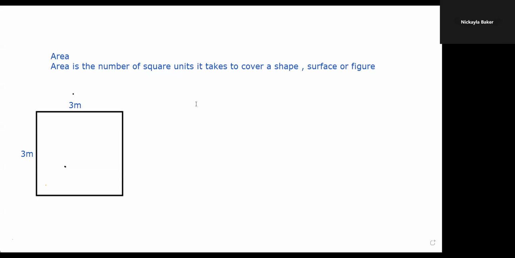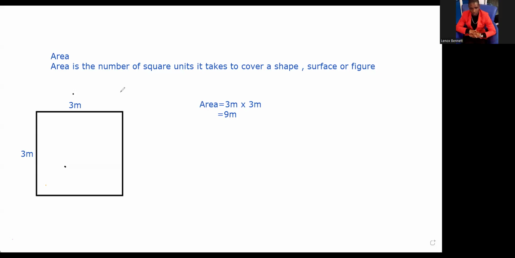Sir, so basically, all I'm doing is multiplying the length by the width, sir. So the length is 3 and the width is 3, sir. So 3 meters times 3 meters would equal, sir, 9 meters square, because 3 times 3 equals 9. Okay. All right. I'm gonna agree with that, but I also want to make the point of something that I